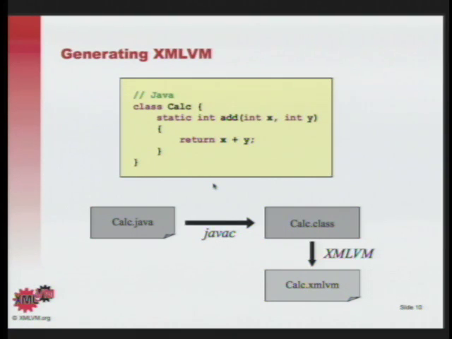In our toolchain, first you take a standard Java compiler to turn it into a class file. Then, by piping it through our toolchain, and again by making use of the open source tool that we have access to from Android, we turn that into an XML file that simply represents the Dalvik instruction set, but marked up through XML. What you see on the next slide is basically this class Calc, but now marked up as XML and making use of the Dalvik instruction set.